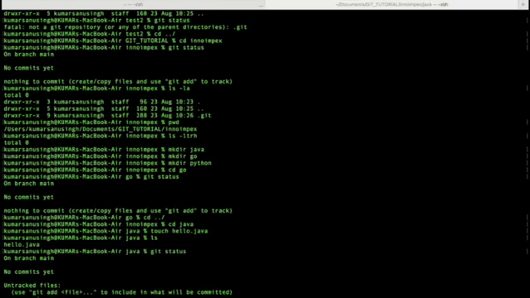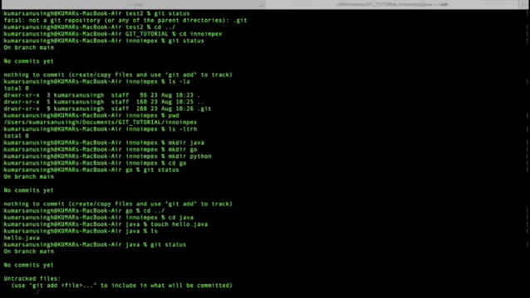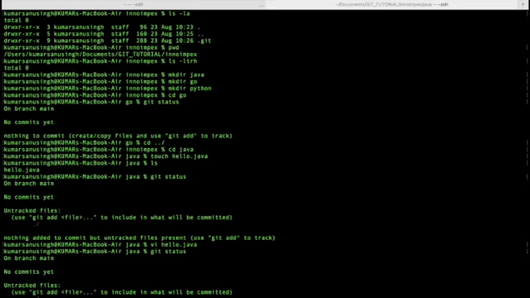Now we will edit the file. To edit the file, you have an editor called vi: vi hello.java. Now I will edit and write something, abc, and then I will save it. Don't worry about these things; we'll cover this in Linux. We have just created a file and saved it. That's it. Now if I run git status again, what is it saying?